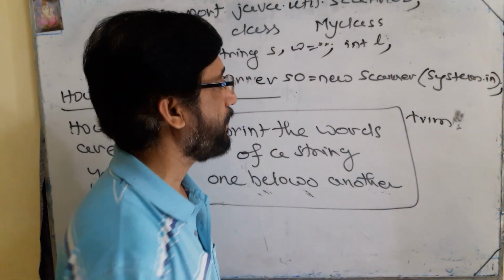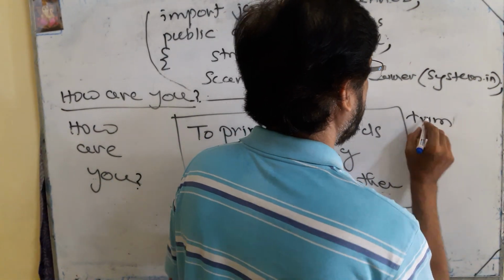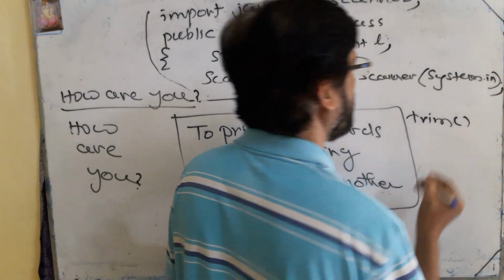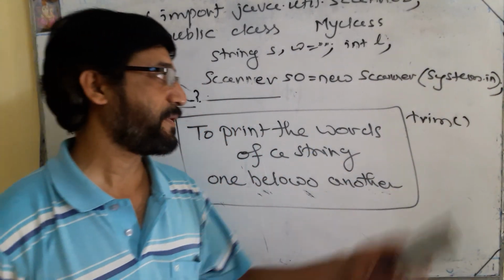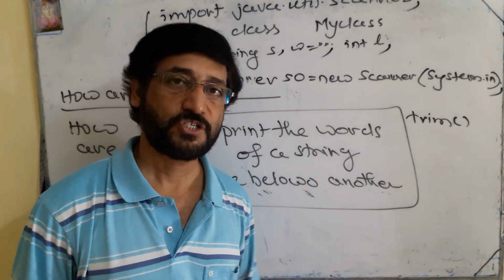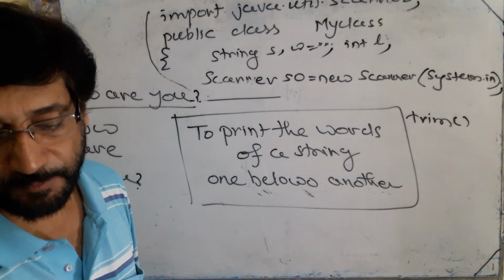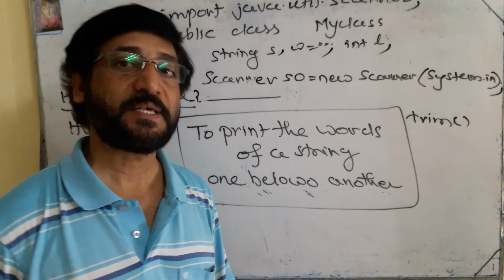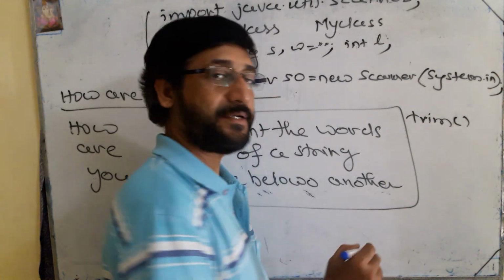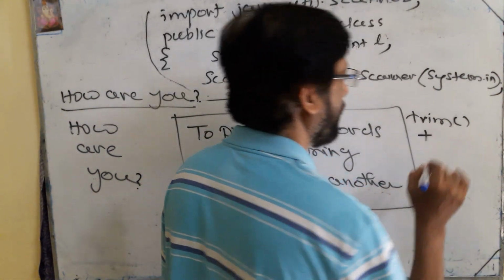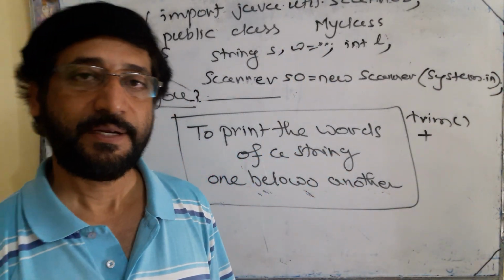You can use the trim function to remove the space characters present before and after the string. After the space character is removed, then what you have to do? You have to add a space character at the end of the string. To add the space character, you can use the concat operator to add the space character at the end